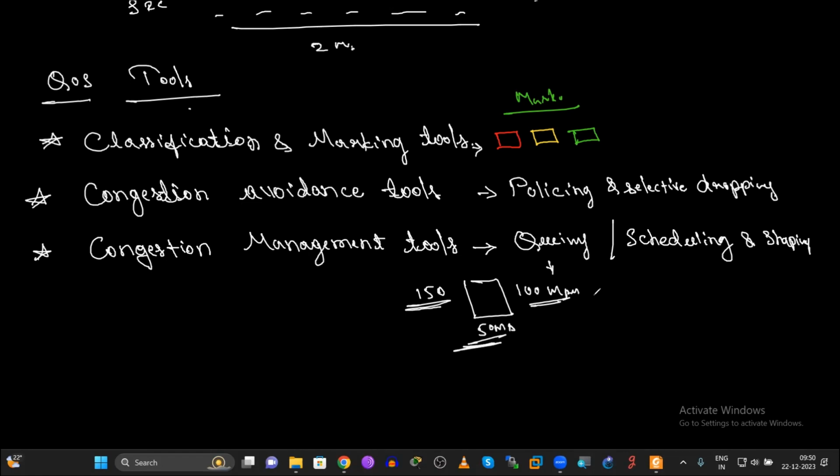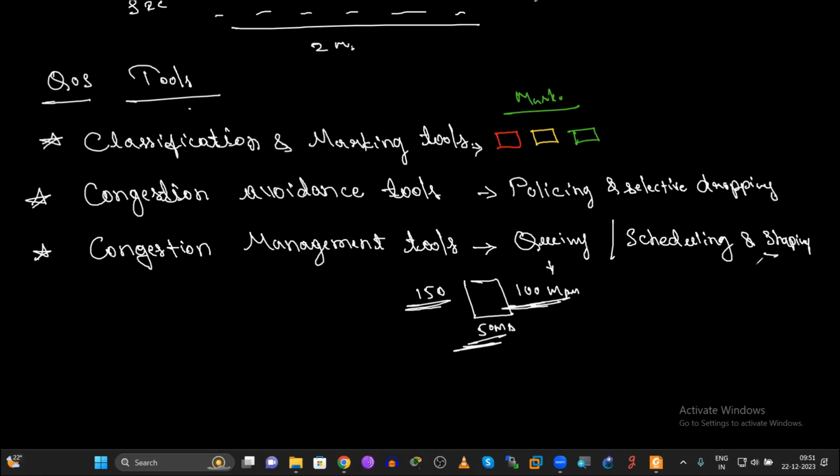And also we have scheduling and shaping. Scheduling means once this data crosses, then we can allow other packets to cross. We can schedule, and we also shape. Shaping is the maximum bandwidth a data interface can make use of.